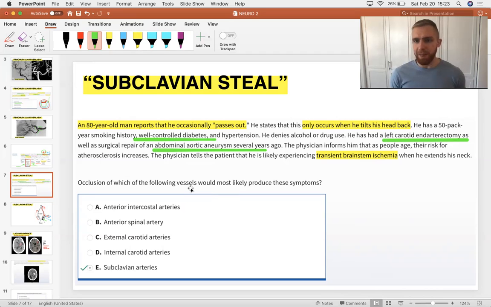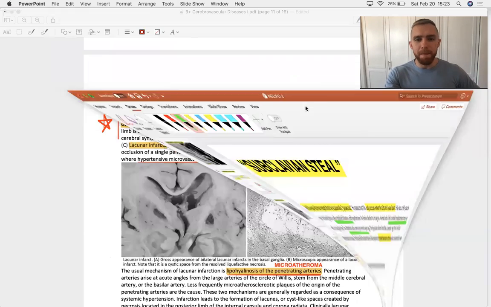So the brainstem, what arteries go to the brainstem? You need to know that to answer this question. That's going to be your AICA, anterior inferior cerebellar, and your PICA, posterior inferior cerebellar. And then your vertebrobasilar system also supplies the brainstem. And so